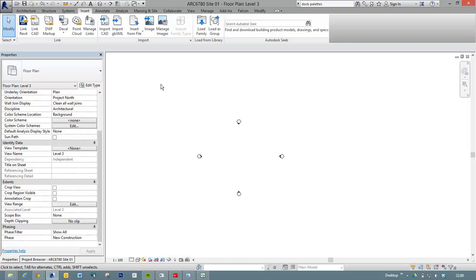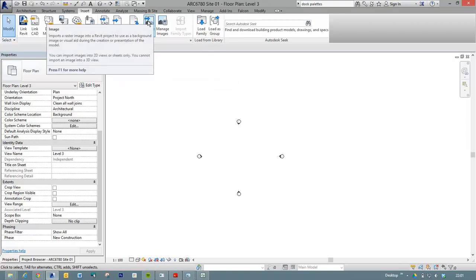And under that Insert toolbar, you can see there are many things you can insert: Revit, CAD, DWF, Point Cloud, gbXML, lots and lots of things you can import into Revit. Now I'm not going to go through all of those. You get into a lot of complexity there. What we are going to do is simply